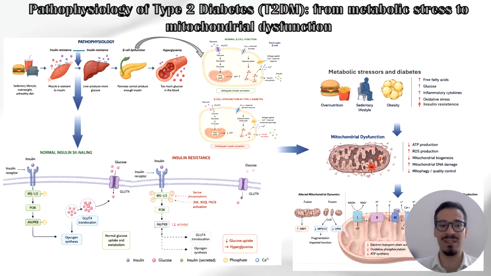Accumulating evidence identifies mitochondrial dysfunction as a hallmark of metabolic diseases, including obesity, non-alcoholic fatty liver disease, and type 2 diabetes mellitus. Importantly, mitochondrial dysfunction is now considered both a consequence and a driver of metabolic disease, creating a vicious cycle in which metabolic stress further damages mitochondria, while impaired mitochondrial function exacerbates insulin resistance, chronic low-grade inflammation, and disease